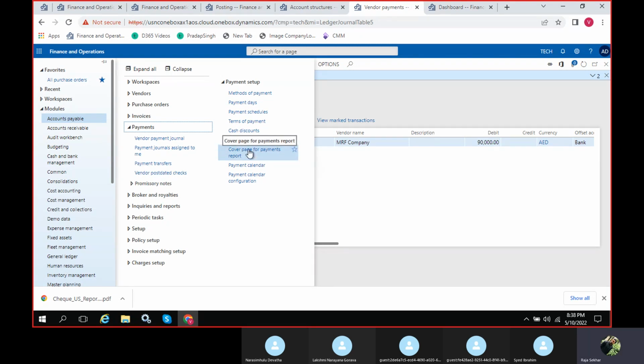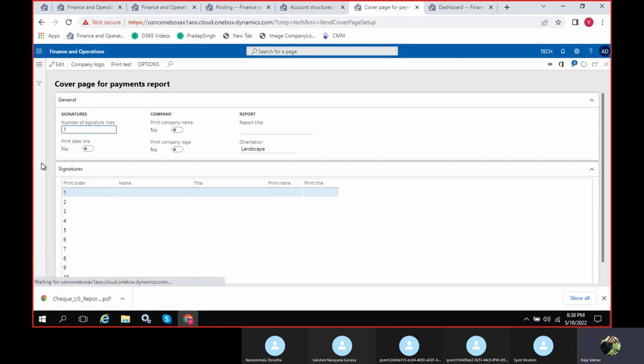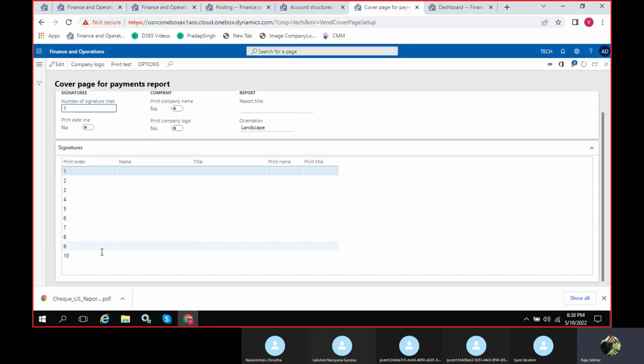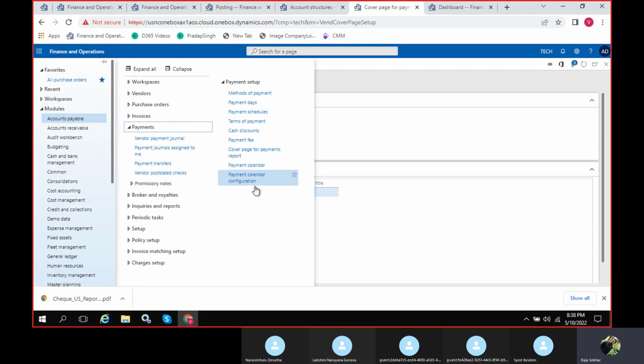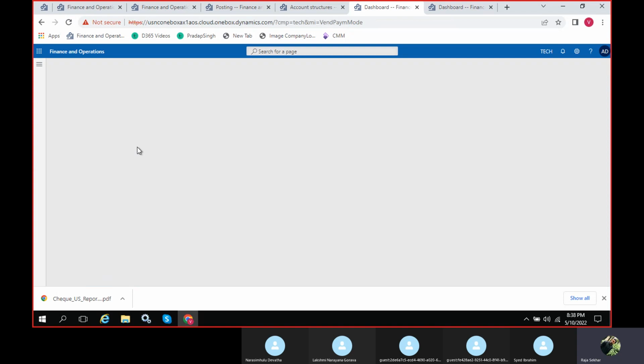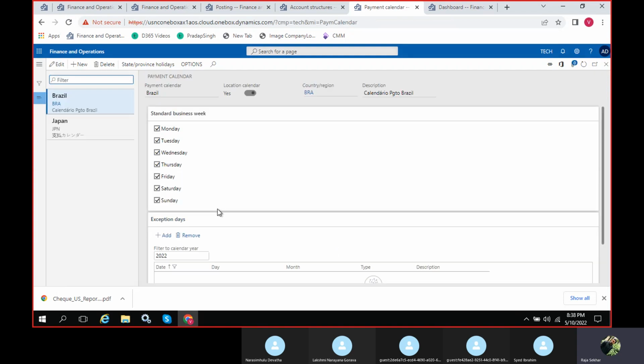Okay, fine. So then the cover page for payment report. This is just a cover page, how you want all this information in your payment report. And payment calendar, how you want your payment calendar. When you're making the payment, whether only Monday to Friday you want to make payment, or Saturday also, you can define it here.